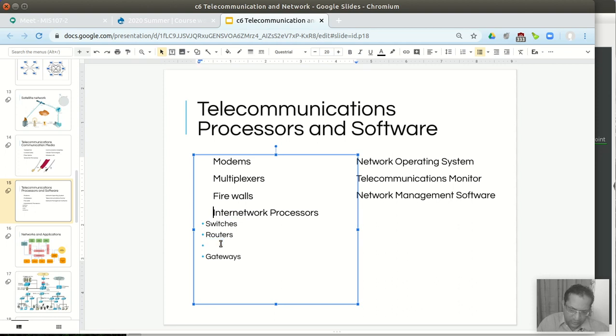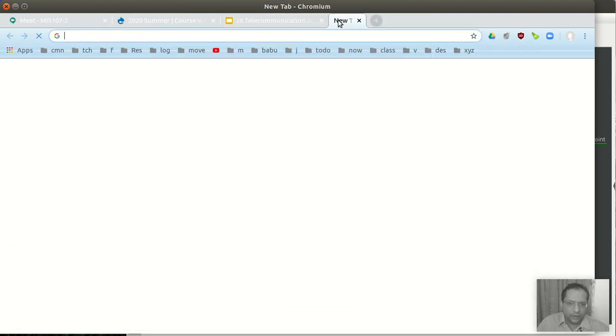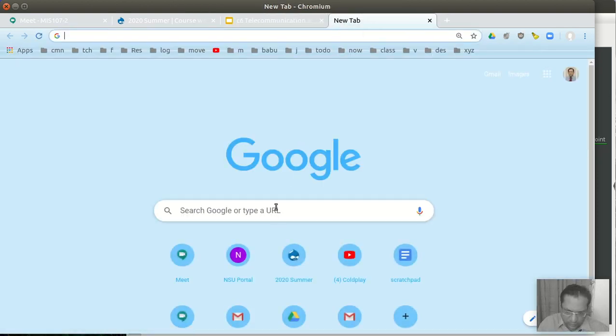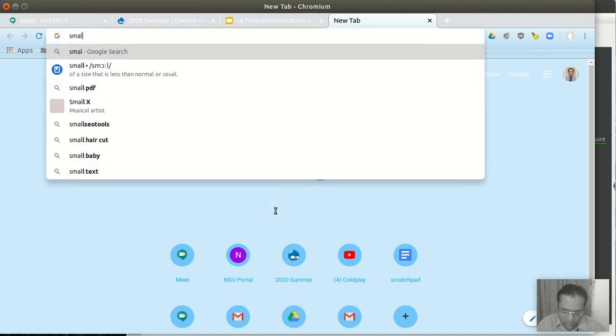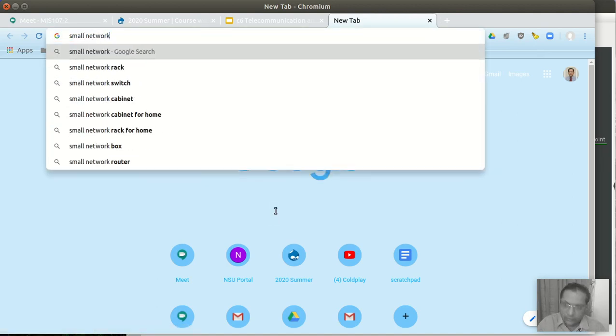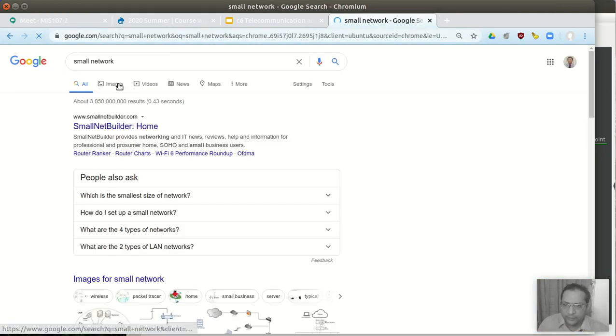Hubs we don't use anymore. One of the reasons is, if we have a small network, let's look into a diagram.